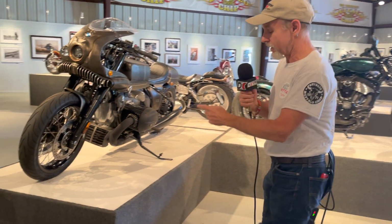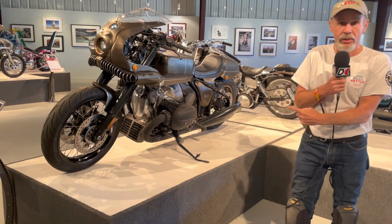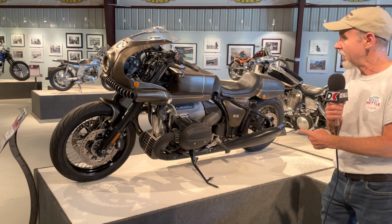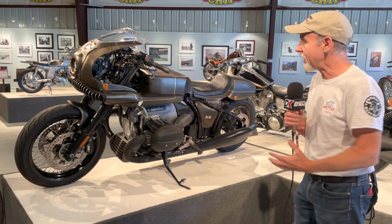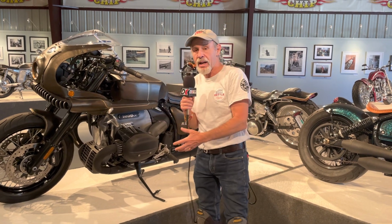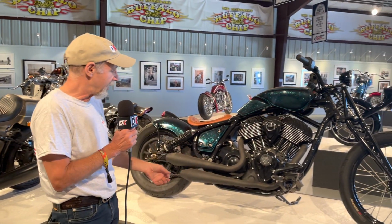But then there's bikes like this R18 BMW, R1800 that Shinya Kimura did. They gave him this brand new bike to do the Shinya Kimura touch on, and I'll tell you, he does it. It's unique, and his handcraft work, and you usually don't see it on this kind of a modern new bike. And then we have this bike from Paul Cox and Kano and a brand new Indian Chieftain that Indian